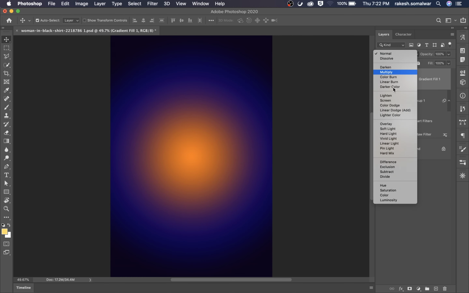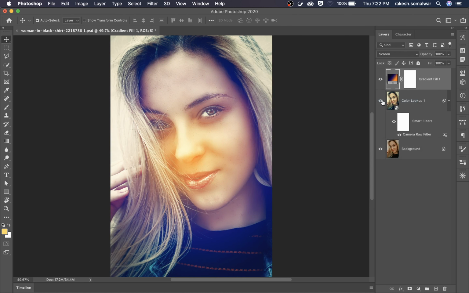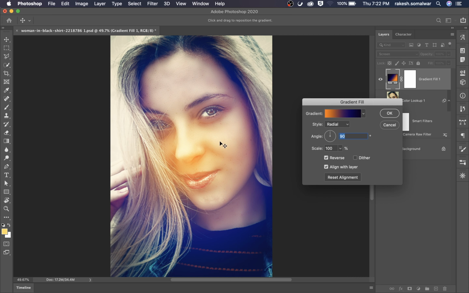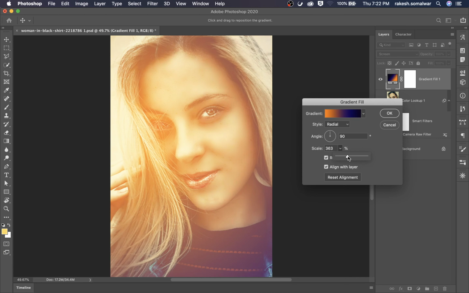Change the blending mode to screen because I don't want that black area. I just want to blend the screen. I just want to apply a light effect. Adjust the scale. This is too much. Adjust accordingly.